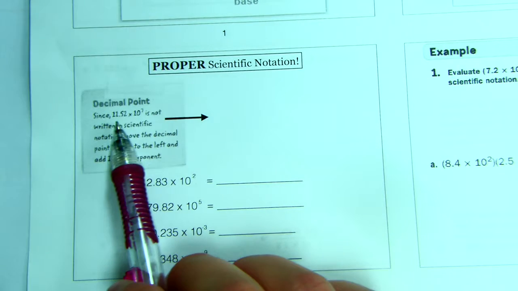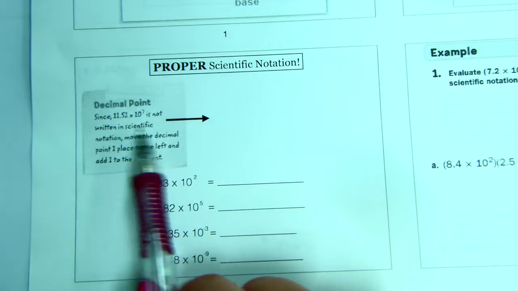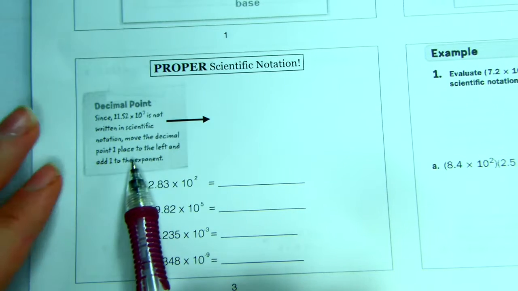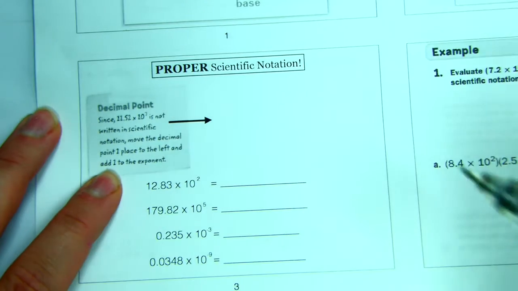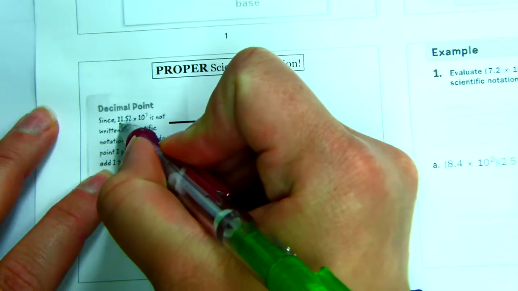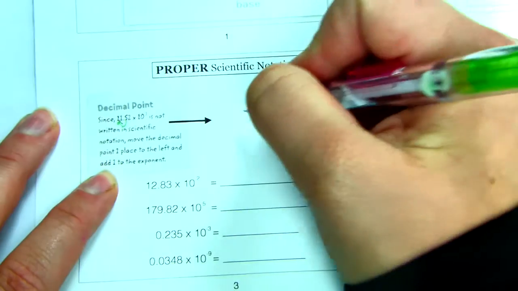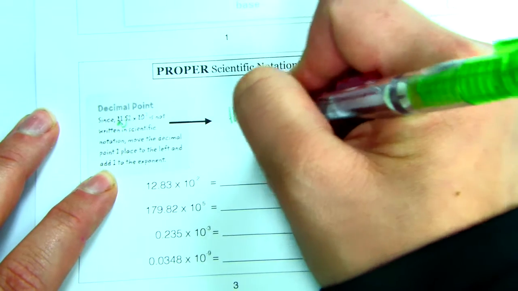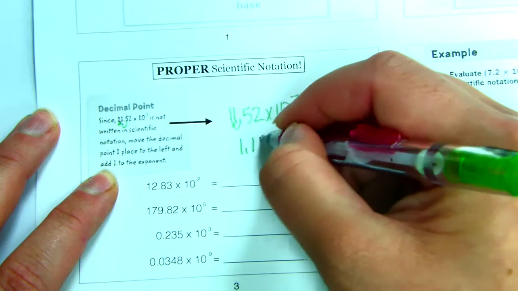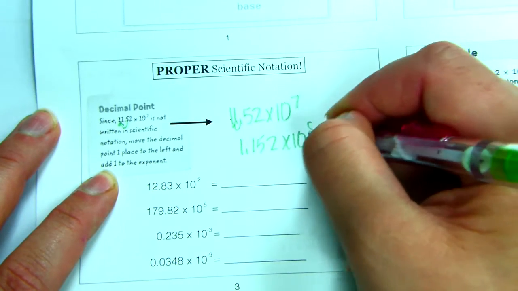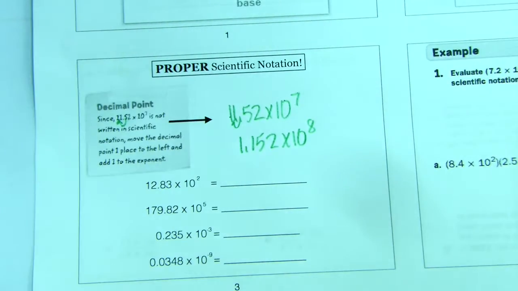So if we go down to slide 3, practicing some proper scientific notation. Since this is not in proper scientific notation, we're going to move the decimal one place to the left and add 1 to the exponent. Left helps them get larger. So we would move 11.52 times 10 to the 7th one spot to the left, and we get 1.152 times 10 to the 8th. Left makes it larger